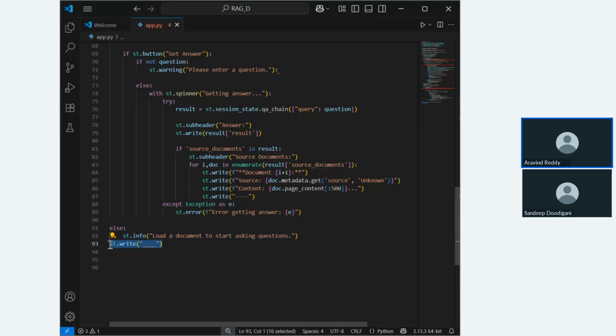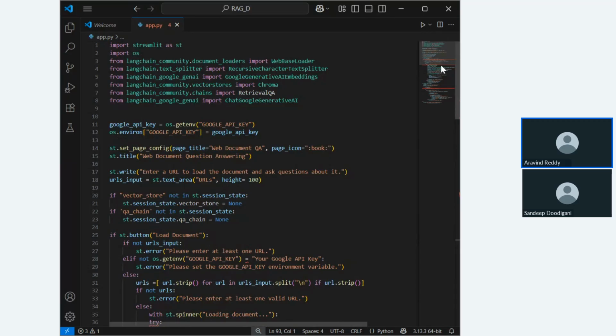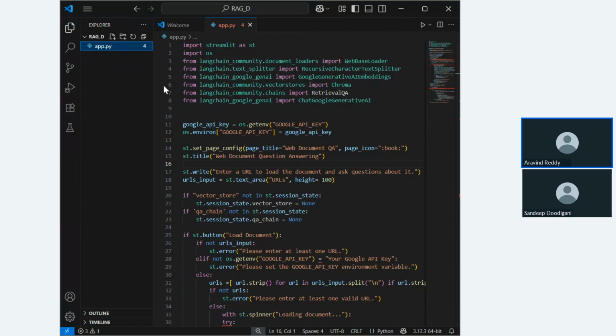Just close here. Let me check some errors. Okay. I'll do one thing. I will just add this line and change Streamlit. Is this present or not? So I will create